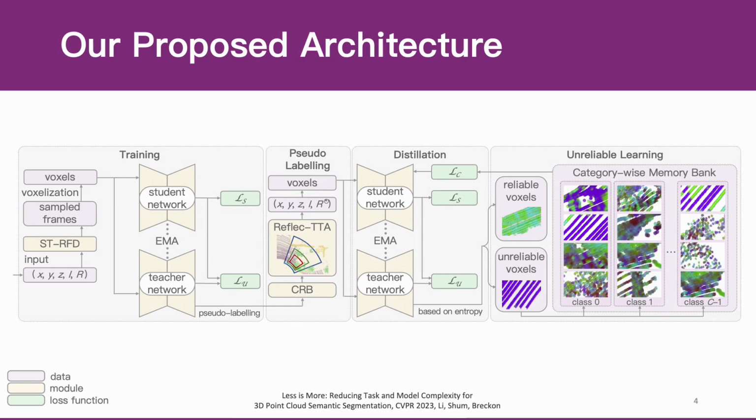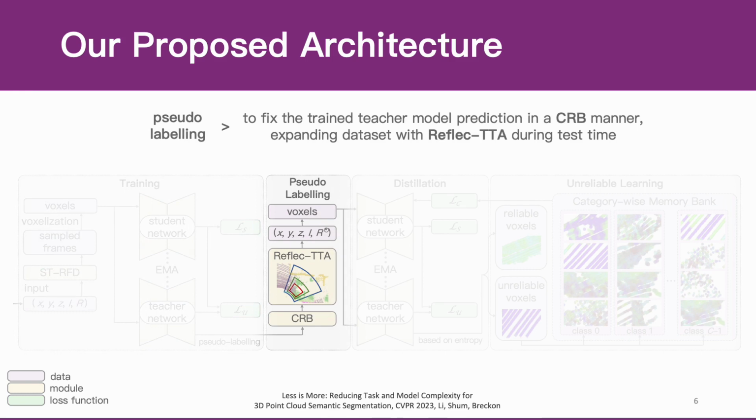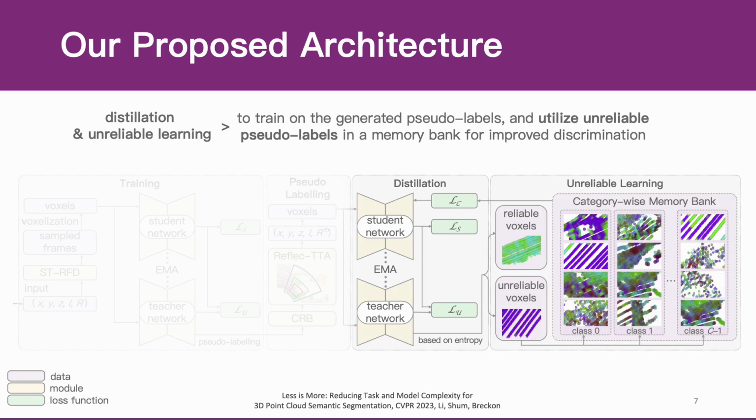Our proposed architecture involves 3 stages: training, pseudo-labeling, and distillation with unreliable learning. In the training stage, we utilize reflectivity prior descriptors and adapt the mean teacher framework to generate high-quality pseudo-labels. In the pseudo-labeling stage, we fix the trained teacher model prediction in a CRB manner, expanding the dataset with Reflec-TTA during test time. In the distillation and unreliable learning, we train on the generated pseudo-labels, and utilize unreliable pseudo-labels in a memory bank